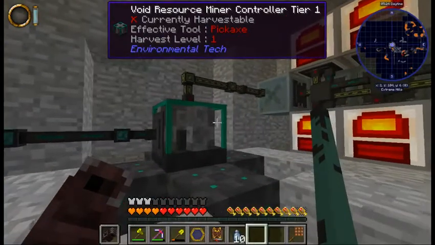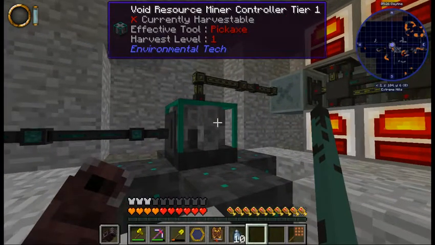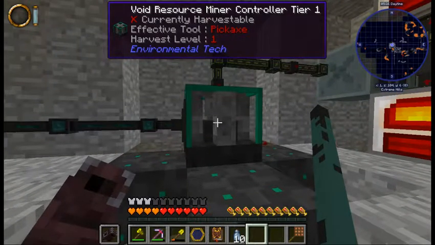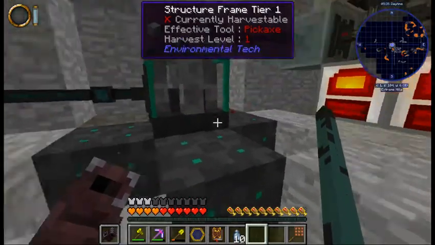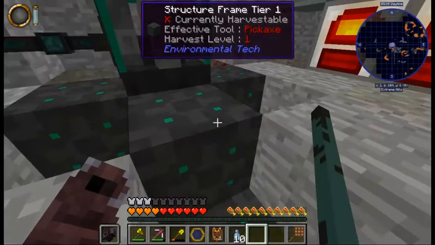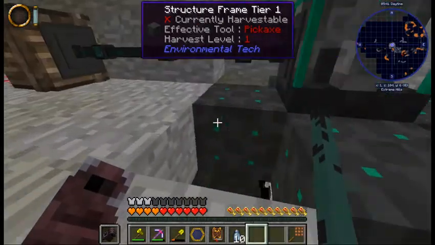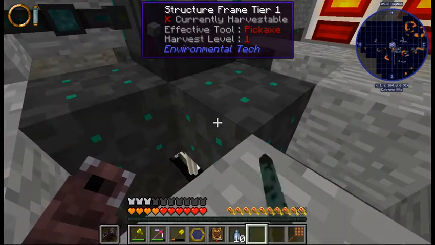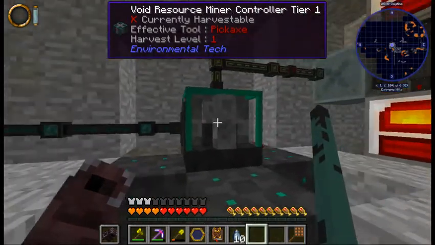Anyway, so you set this block down, you get the assembler, you come over here and you right-click on the void resource mining controller. If you hold right-click, it will actually build this multi-structure down here for you. You don't have to worry about it as long as you have enough space. The first time I built it, it clipped into a wall and deleted some blocks. So I had to actually make 2 extra of these structure frames. But yeah,